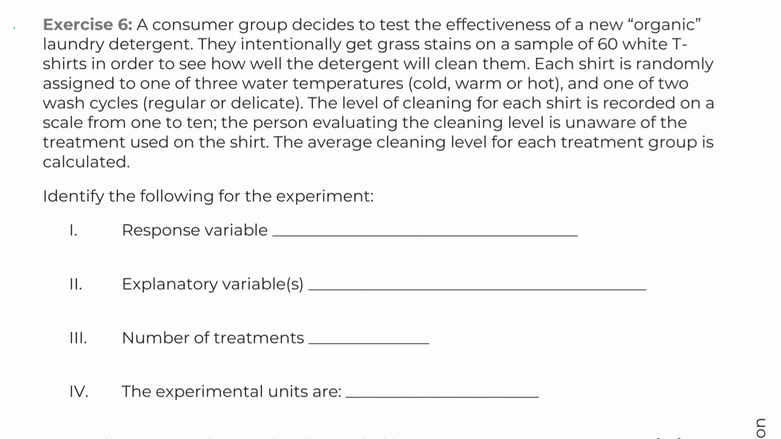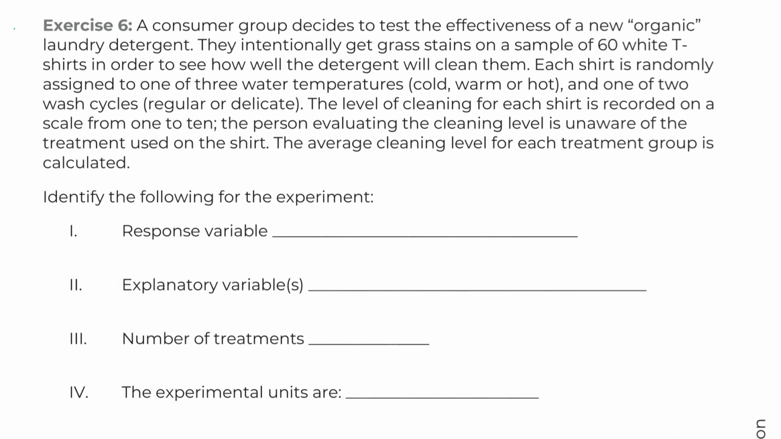t-shirts, and the first thing we're asked to find is the response variable. So the response variable is what we measure at the end. Right? It's our outcome. So if we're looking for what's measured at the end, we can see at the end there's a level of cleaning for each shirt is recorded. So we're going to put that down as our, you can do cleanliness level, you could do cleaning level,